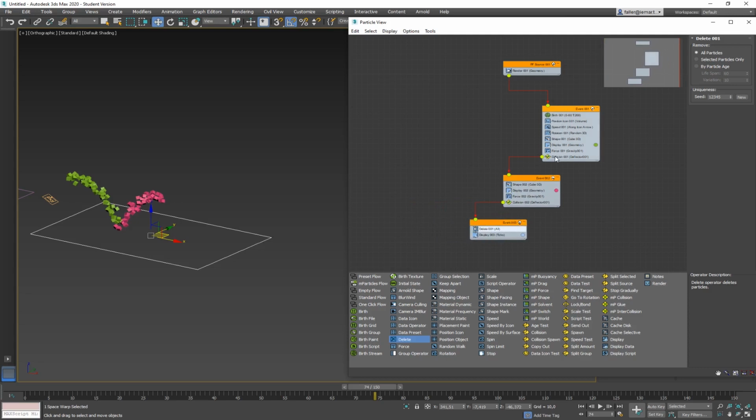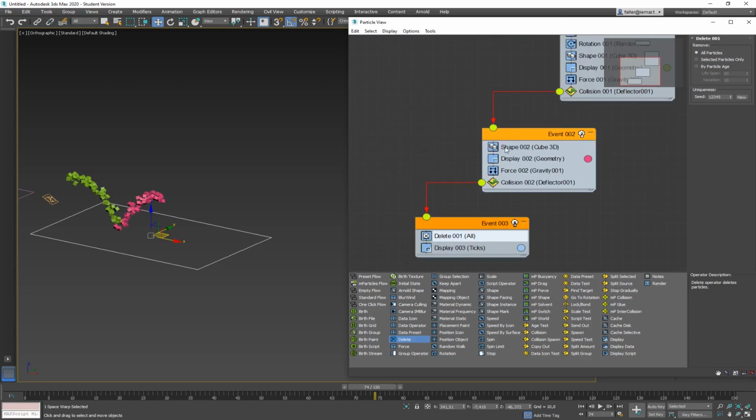As soon as we deflect for the first time, we go into the red event, do the same thing again with all the necessary things like display and shape. And actually, see, we don't need the shape at all. If I take the shape and turn it off, they don't get a new shape, they just keep the old shape. So that is something we don't need in here unless we want to change it. The only important thing is they have to be displayed.